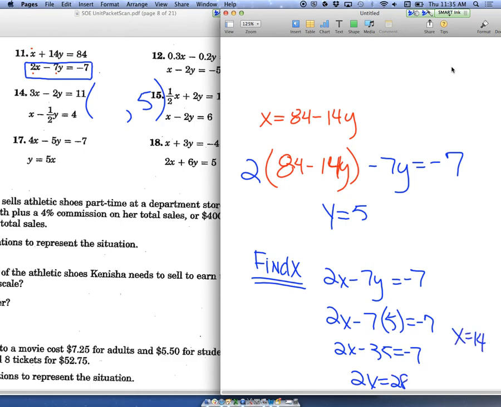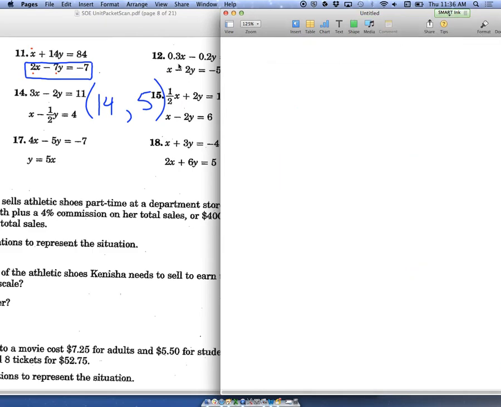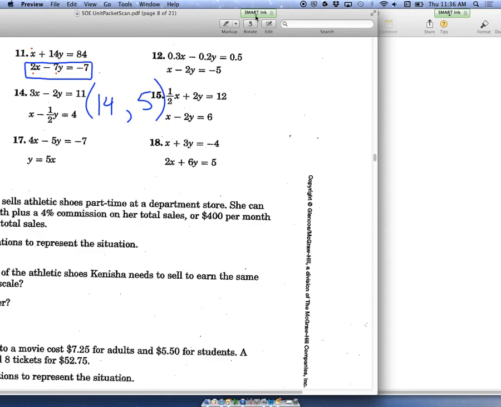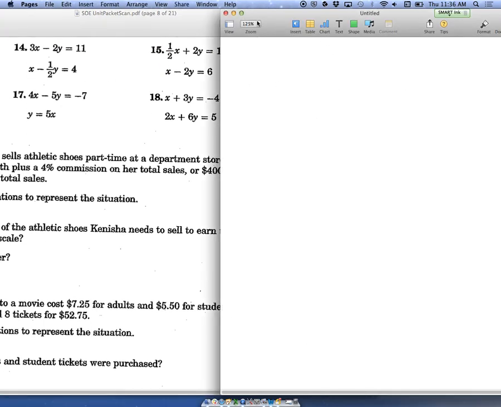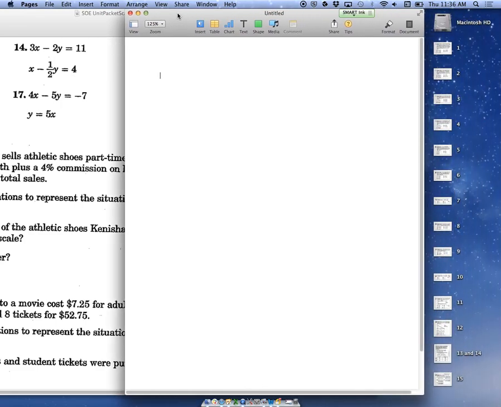Therefore, x is 14. So 14 becomes the x-coordinate in my solution. So the solution for number 11 is the ordered pair positive 14, positive 5. Let's move on and look at number 14 together. Number 14. So you can see in number 14